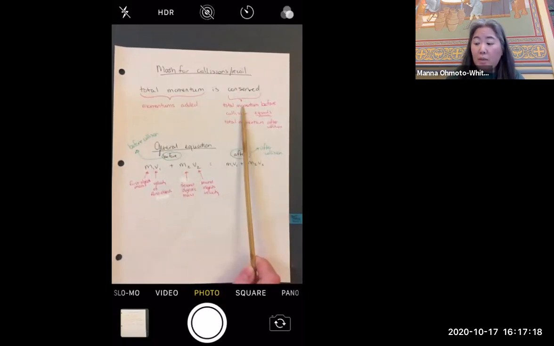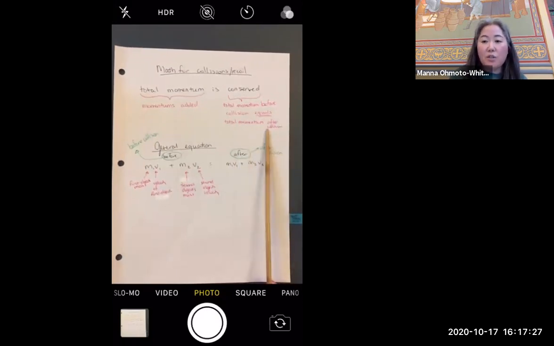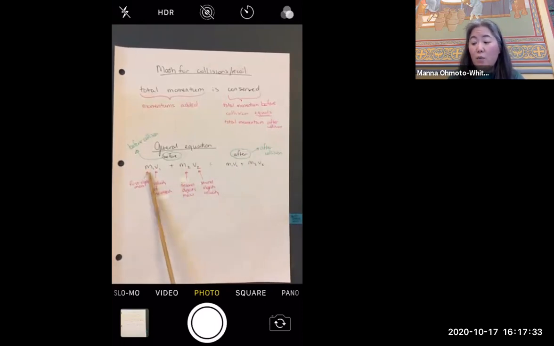So the total momentum before the collision, or the coming apart, equals the total momentum after the collision or the coming apart. So my general equation for all three of these is m1v1 plus m2v2 equals m1v1 plus